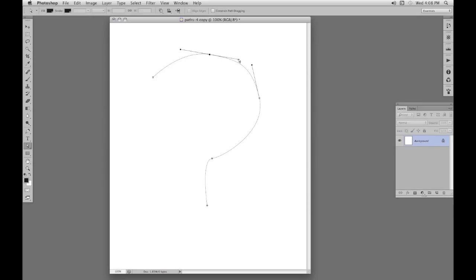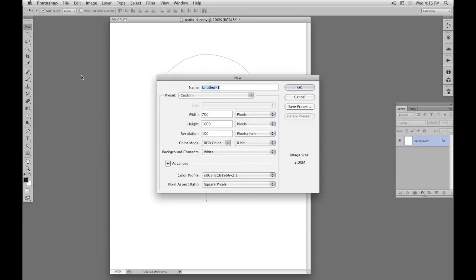Let's make this one a bit more round there. That can come down a bit. This one's got a bit of a kink in it. Lower it there. Let's see. Oh, that's better. Now we're going to use the brush to add our small question marks. So we have to make a brush. We need a new file, Control N or Command N. We don't need anything this big, so I'll make it